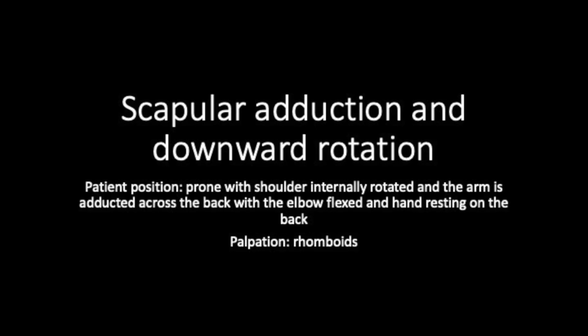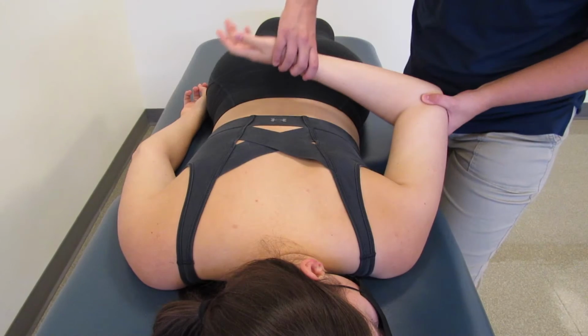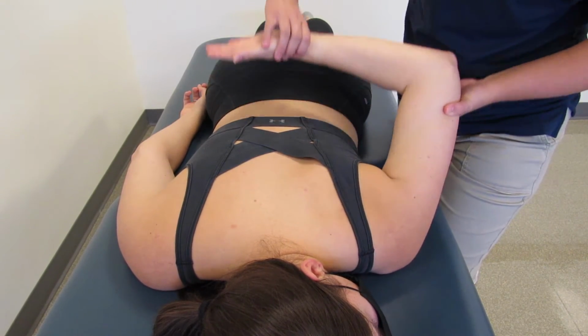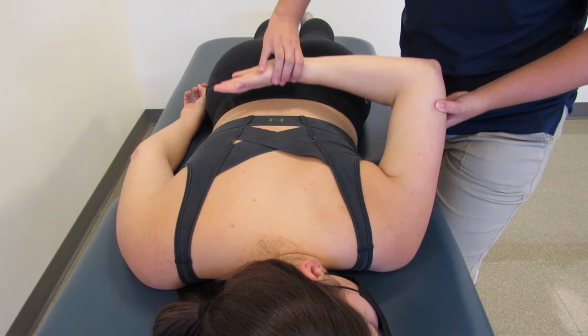Scapular adduction and downward rotation MMT. The patient should be prone on the table and the therapist is standing to the side of the patient. To properly test MMT, the therapist passively takes the patient through the motion they want the patient to do, stating,